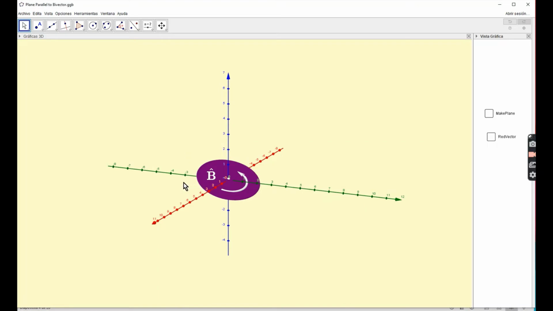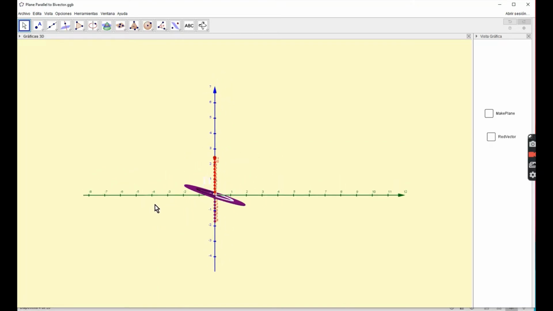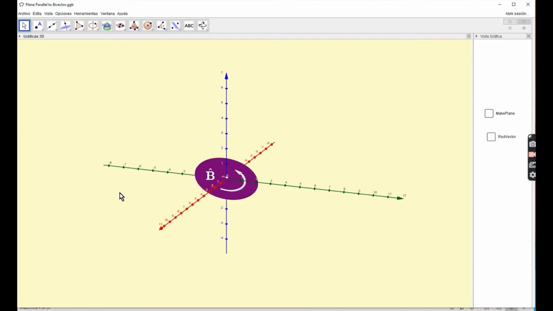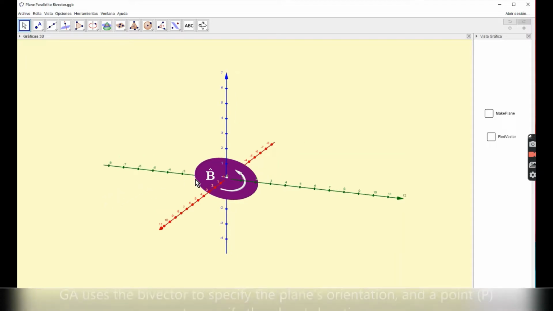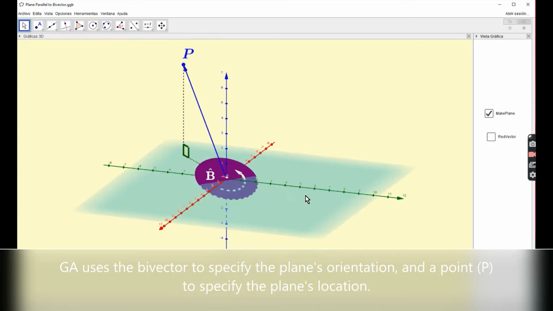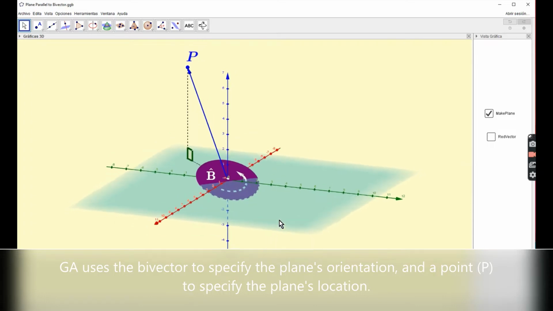Here we have a bivector, a generic one here, the circle. It's a section of a plane, and it has a rotational orientation, or rotational sense is the term I'll use. So how could we specify a plane based upon that bivector? Well, what we do here, I'll add this plane here, just the regular XY plane, to help us with our depth